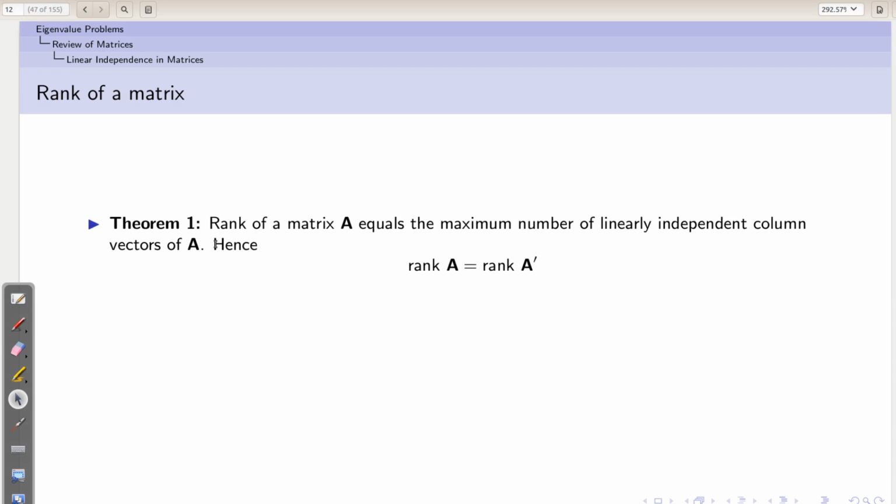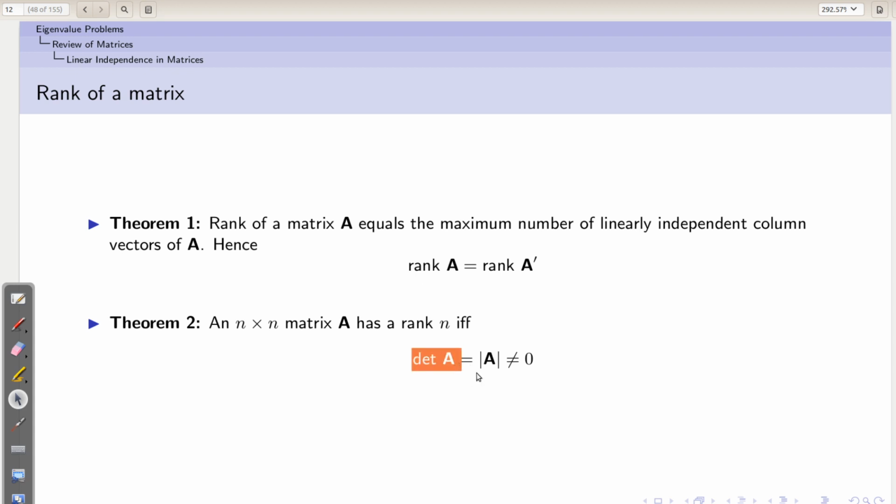So there are some theorems. Rank of a matrix A equals the maximum number of linearly independent column vectors. So rank of A is equal to rank of A transpose. Then another theorem: an n cross n matrix A has a rank n if and only if its determinant is non-zero. If I have an n cross n matrix, let's say a 3 cross 3 matrix, its rank will be n, that is all the 3 rows will be linearly independent, if and only if its determinant is